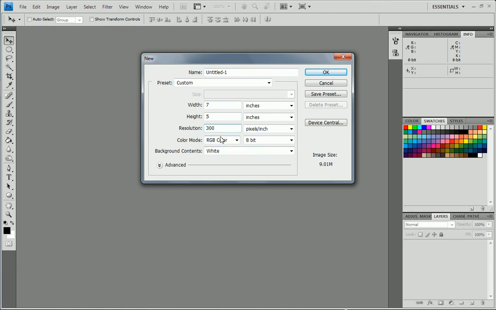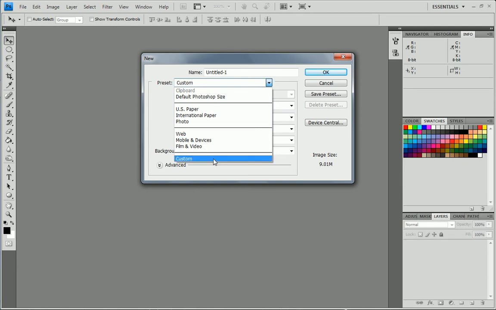Also, when you change the resolution, if you didn't notice, it changes the size of your image. The higher the resolution, meaning the bigger the number for the resolution, obviously it's going to make a bigger number for your size. So, in order to create these into pixels, I usually select the custom drop down item,